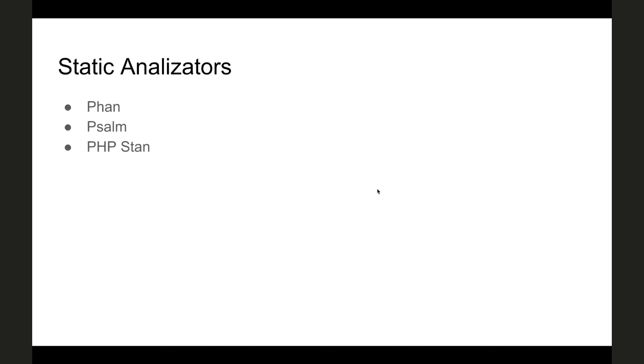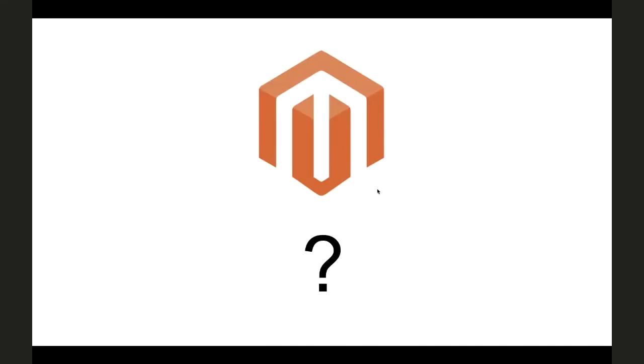About static analyzers, what do we have in open source? There are three on this market, not market, open source. Phan, which was started by Rasmus Lerdorf, one of the founders of PHP. Psalm, which was started by the company Vimeo, and PHPStan, which was started by guys from Czech. And what about Magento? I guess that the main reason why a static analyzer was chosen by Magento was the